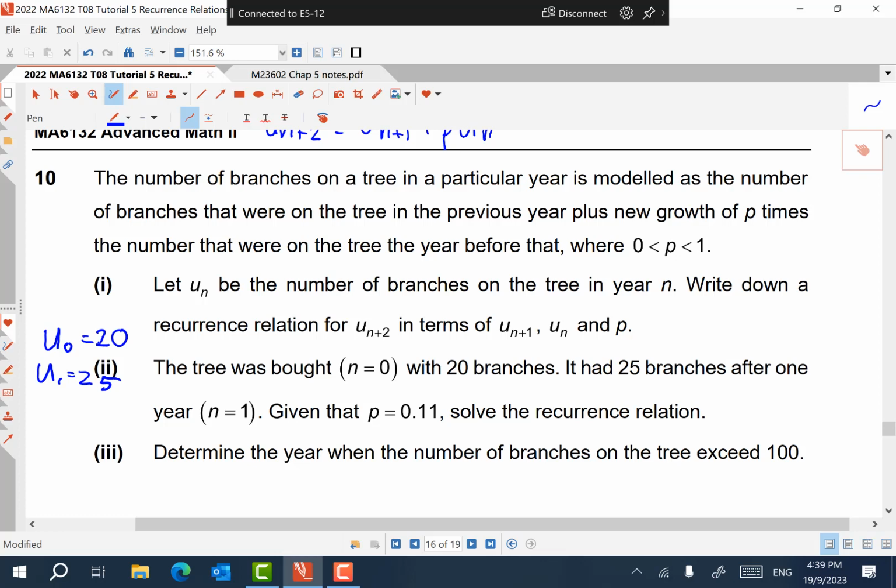If I'm able to pen down P0 as 20 and U0 as 20 and U1 as 25, you are quite done, you know. And now that P is given to you, you can then say that U(n+2) is equal to U(n+1) plus